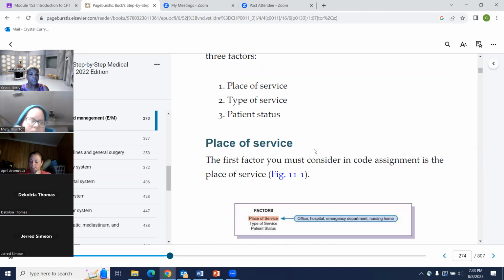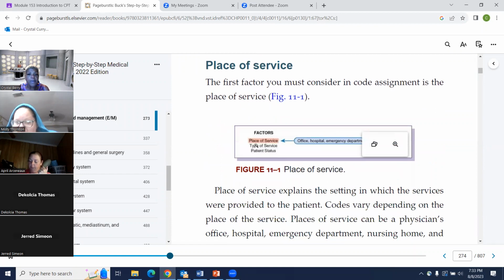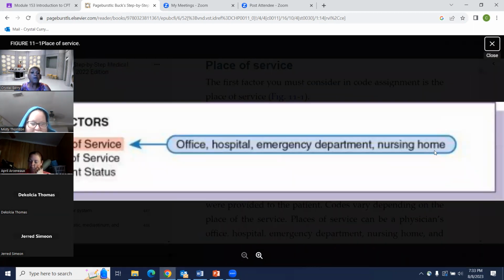So your place of service. This is the first factor you must consider in code assignment. So it tells you here, place of service: office, hospital, emergency department, nursing home.